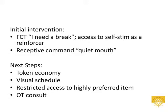So our initial intervention, we taught the FCT phrase of "I need a break," not so much a break from work, but a break to allow her to access self-stim as a reinforcer. So we set up a specific break area that she could go to. It had a nice little pillow and a little box of stimmy things that she often used to engage in self-stim, and the idea was that she would make a request to go to that area whenever she needed to